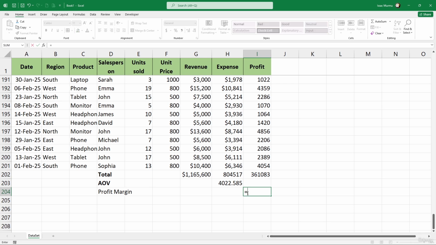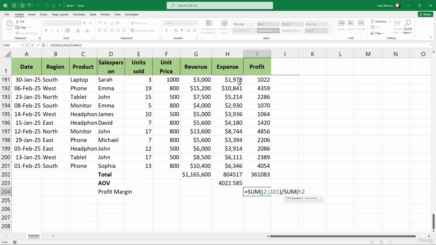Let's go with the sum, and the next one is J2 to J101, and then use divided by sum, and we want to use H2